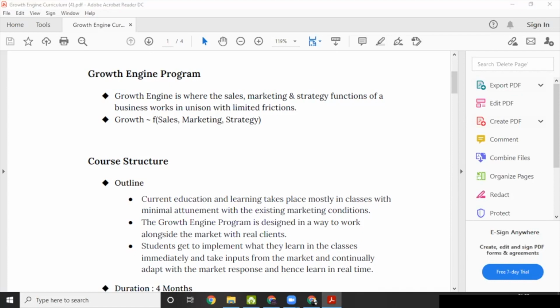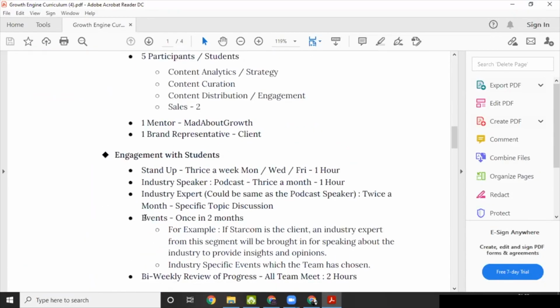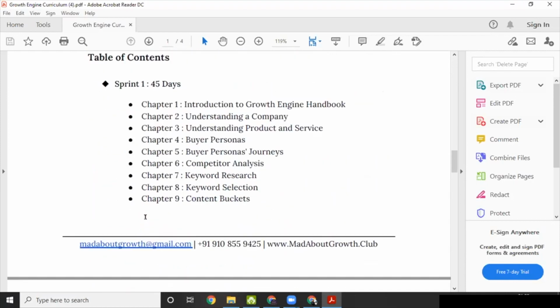So the Growth Engine program course actually meets that need. Basically, it provides you with the skills which are required in today's market, which is why all the things which Giridhar has mentioned, the course things, are part of it. As you said, the what and how of the growth engine, the industry research, understanding the company, all of that is required in today's market, and these skills need to be taught to the students. If we look at how this helps them, so basically